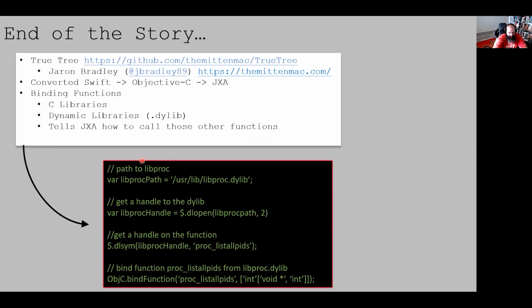So libproc is the C library that I wanted to access the functions of, and in order to do that on the Mac OS, I couldn't find the C library, but I did find this libproc dylib, so I was able to actually access that. And so here I create this variable libproc path that goes here where this dylib actually is on the Mac OS